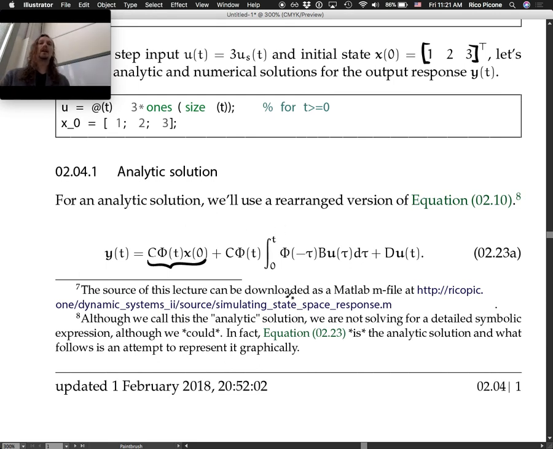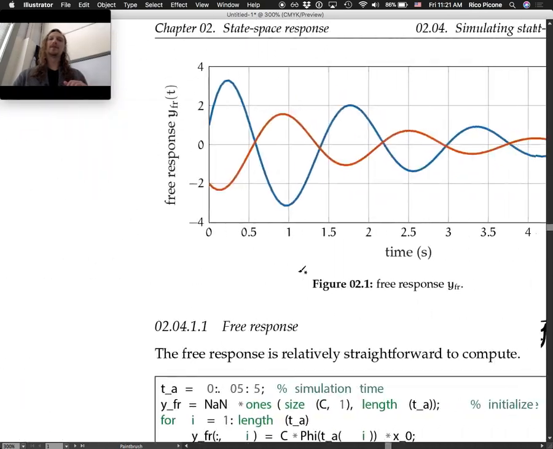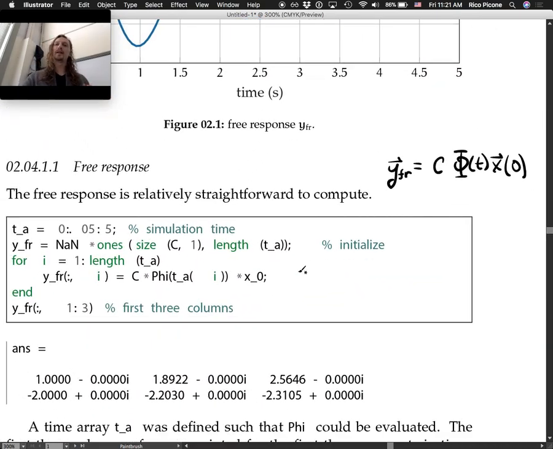We could do it all at once, but I thought that the forced response is a little tougher, so I thought we would just pick the low-hanging fruit while we have it, and then we'll build our way up to the forced response. So the free response,